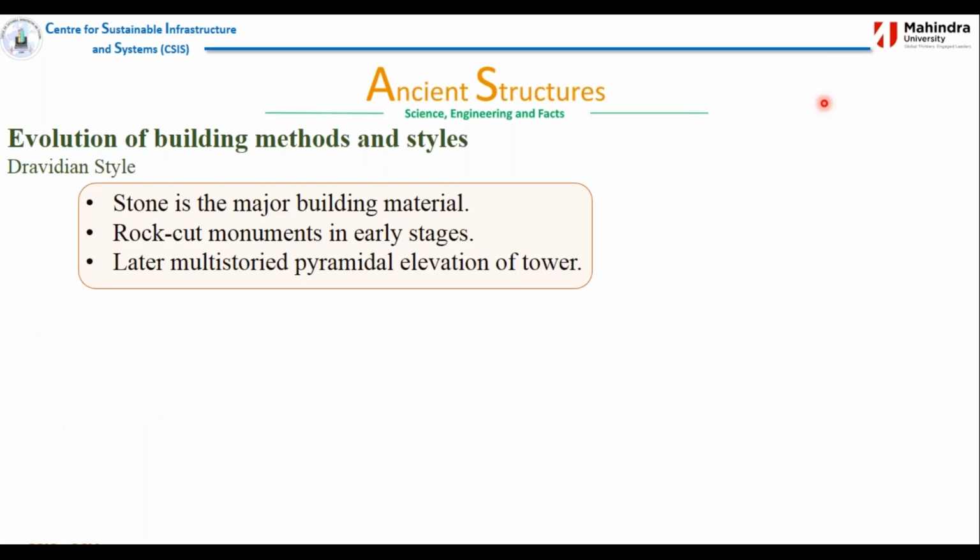And then how did this evolution begin? Evolution of building methods and styles. The first, we call it the Dravidian style. We all should know the mid part of India, which is the Deccan Plateau, which is very rich in granite stones, metamorphic and igneous stones, which have led to the Dravidian style. So largely Andhra Pradesh, Telangana, Karnataka, in fact mid Maharashtra, will all have a Dravidian style of